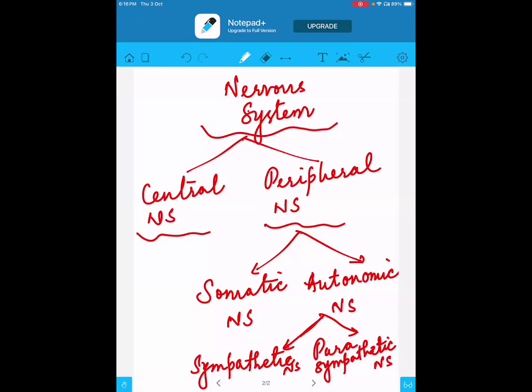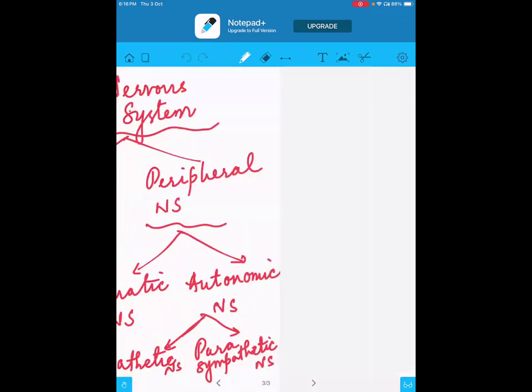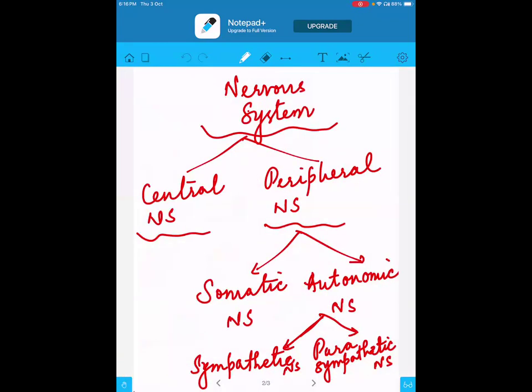Nervous system, two main types, central and peripheral. Under the peripheral, there are the somatic nervous system and the autonomic nervous system. And under the autonomic nervous system, again there are two divisions, sympathetic and parasympathetic nervous system. Fine. Now, these are the divisions. Now, one by one, we will be learning how they are different. Ma'am, can you once again explain what are somatic and autonomic nervous system? No, I have not touched any definition part. This is only the idea I've given, that these are the divisions. Okay, one by one now we will be learning about them.